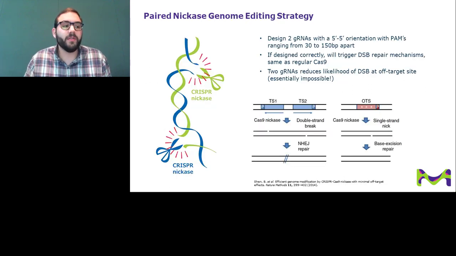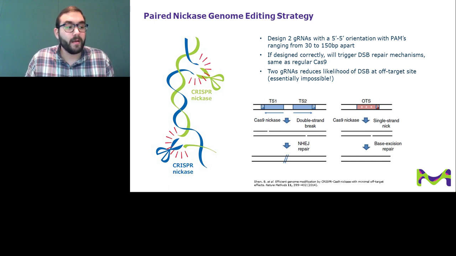To do this, you need to design two guide RNAs with a 5' to 5' orientation, as shown here, and have the PAMs ranging from 30 to 150 base pairs apart. By doing so, you will have one nickase cut the top strand and the other cut the bottom strand. Doing this within this base pair window has been shown to trigger double-stranded break repair mechanisms instead of just single-strand